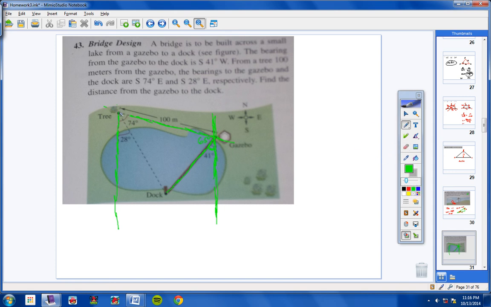Now, if this whole angle is 74 and this much is 28, then the angle up top has to be, let's see, 74 minus 28 would be 46. So this angle right here inside your triangle has to be 46 degrees. Okay? Now, if I know the top angle is 46, and I know this angle over here is 65, then this angle right here has to be 69. Has to be. So there, I have a triangle now in which I can very easily use the law of